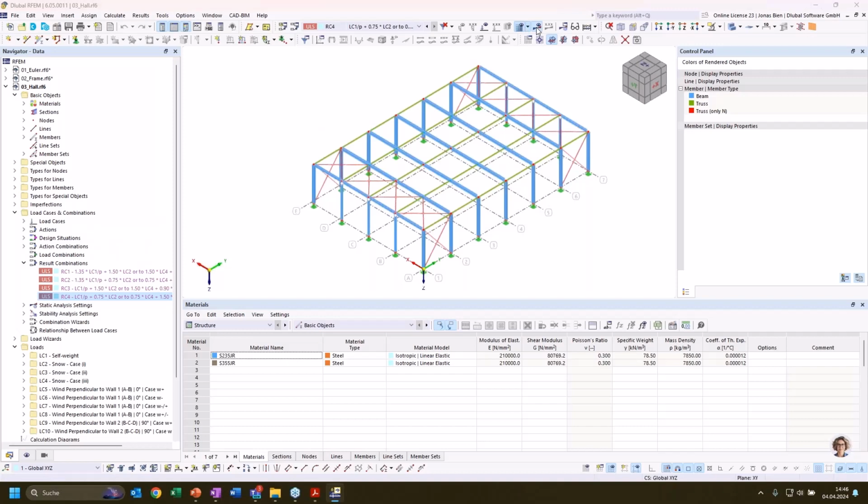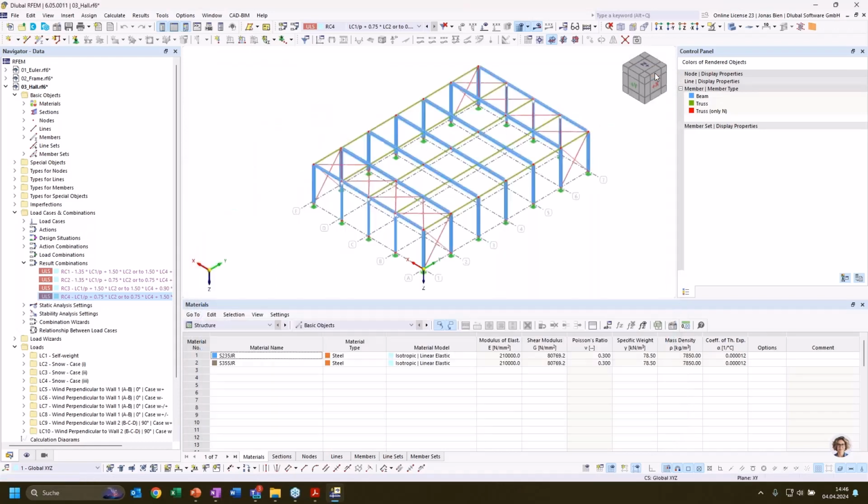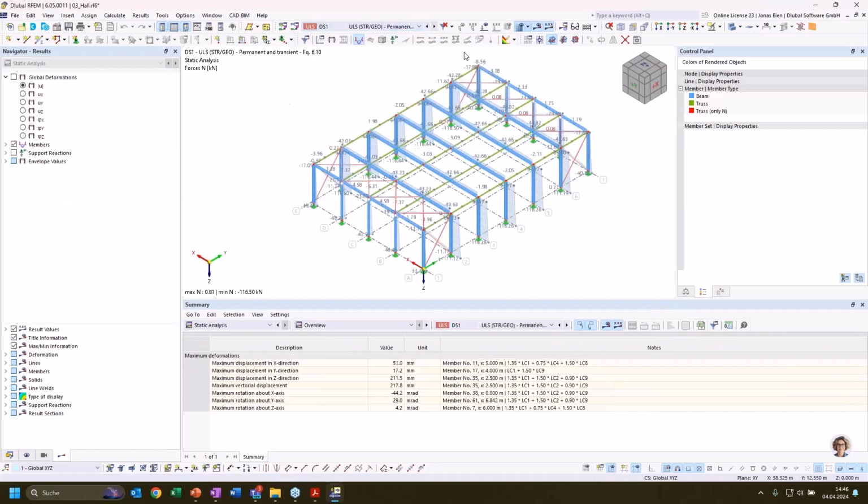I would, in the first step, calculate my combinations with result combinations to get the envelope of results. I need to calculate the design situation where the complete envelope of all result combinations is given. And then I would see, for example, when I want to design the columns for buckling, I would look into the internal forces that I get in this envelope solution, and I would look for the most critical ones for buckling, and that would of course be